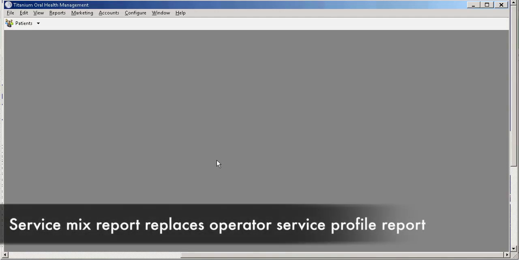The Service Mix Report is DHSV's replacement of the original Operator Service Profile report. It is one of the most common reports generated in Titanium and is used for sourcing service output or activity at an agency level or clinic level. The report can also be run for a single dental provider, although when wanting to get summary output for all